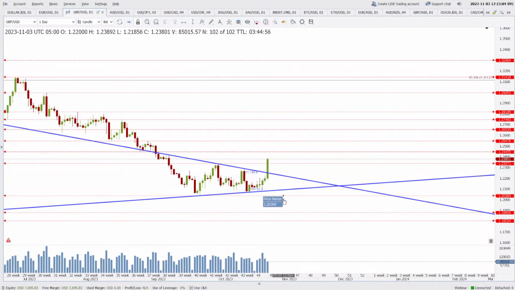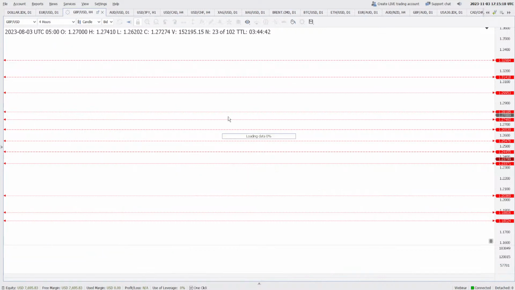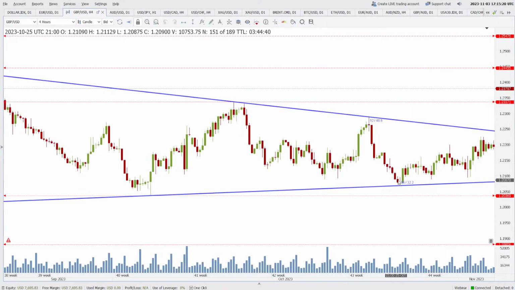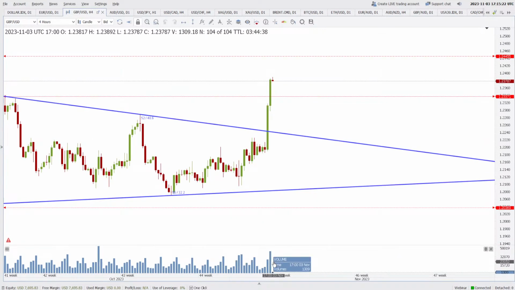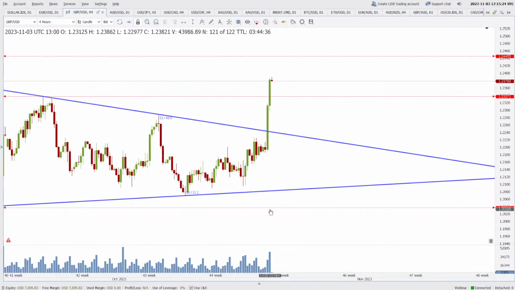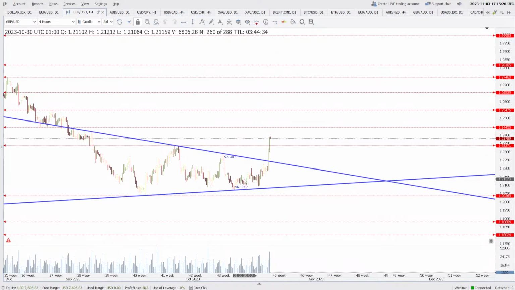So crucial levels for us, 1.2036 on the downside. The first downside will be 1.2337, which I am expecting to act as a support now, and the resistance is 1.2445. The bullish bias is present. On the 4-hour, you can see huge volumes in this one, and the resistance looks like around 1.2445 here.